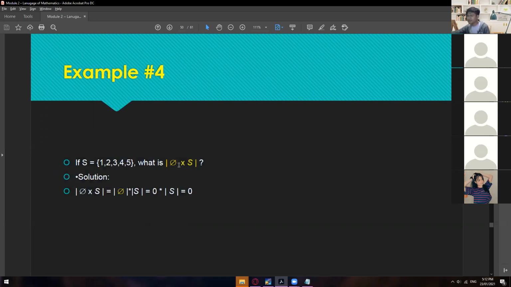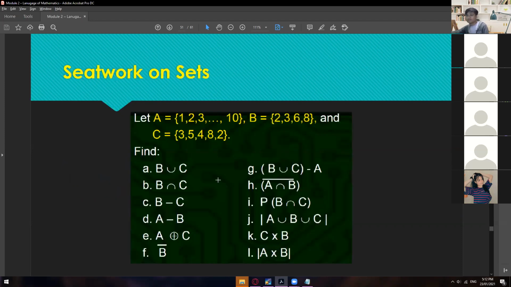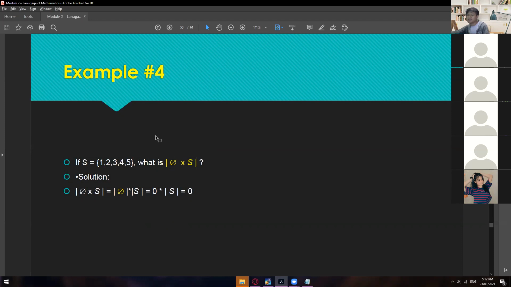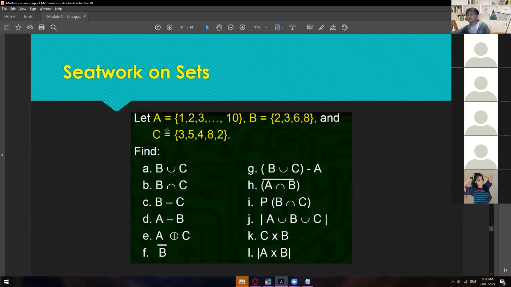So in here, we're just trying to say that if you want to get all the possible combinations, but the other set is like there is no element or there is no coordinate, then you'll get nothing, okay, which is 0, right? And then once you're done in understanding those examples and those concepts, then you may now start and